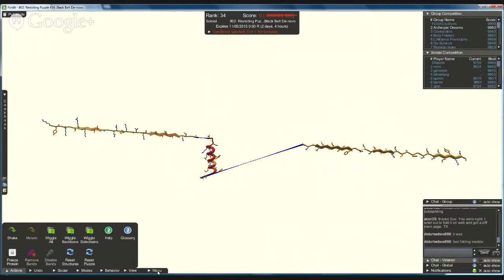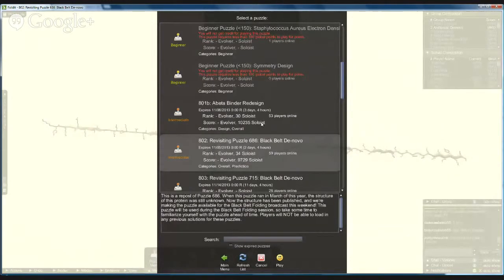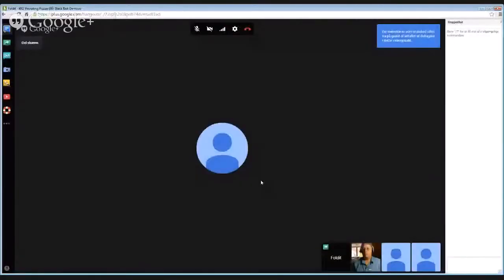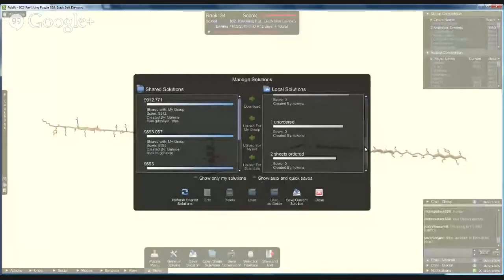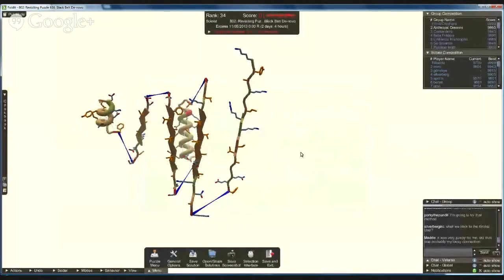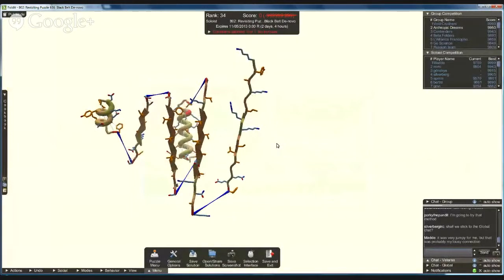And after a while, I have rebuilt the helices, and now I'm going to load a solution where I've got all the sheets with cuts between them, and the helices are built, and I've just moved them together, sort of close together, because I always do this in the beginning, and then I do a save, because